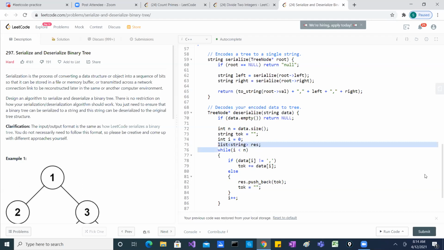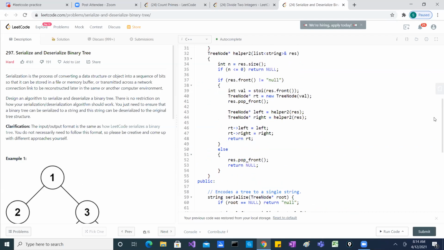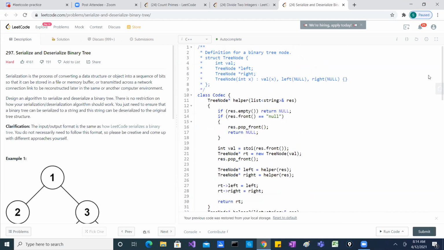So this is the helper function. If it is null, where are you checking? Okay, yeah, there you are checking. Got it. When I go to this list of strings, the first thing I look for is whether it is empty, and then just return null. Or else, now this is a list, so I look at the front of it. If it is null, then I pop it from the list and return null. That is the first thing.